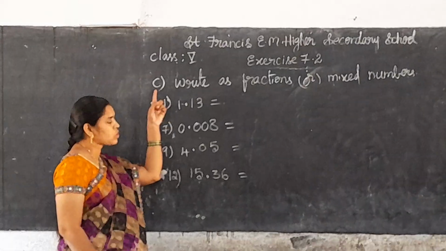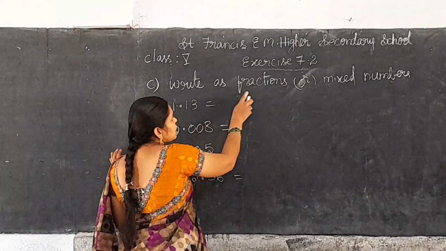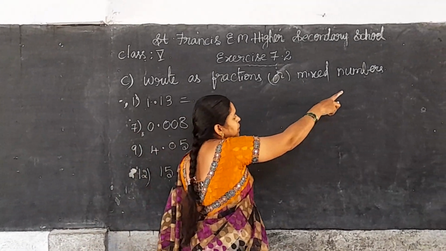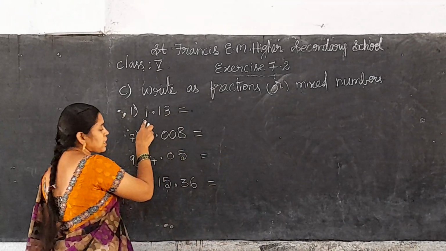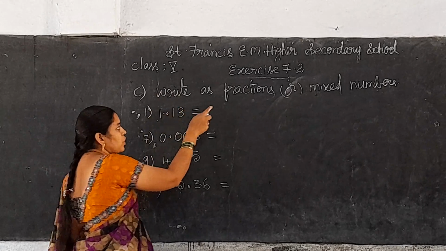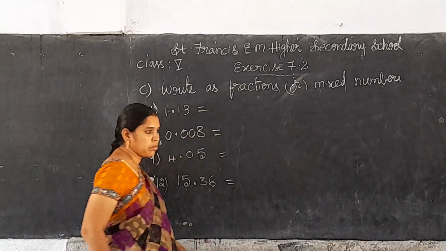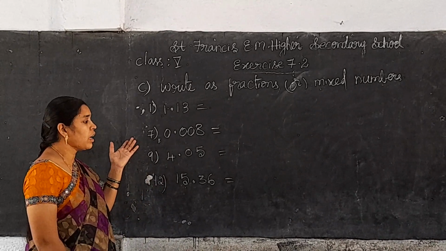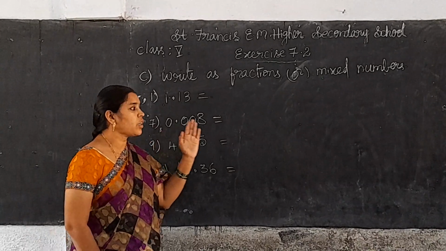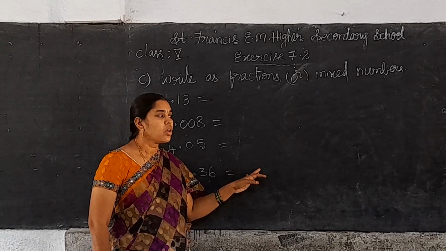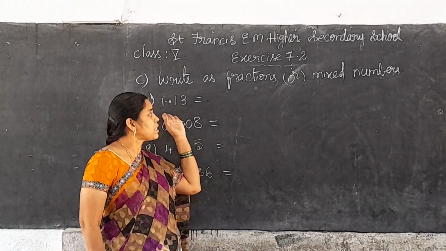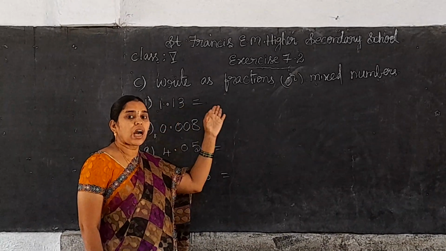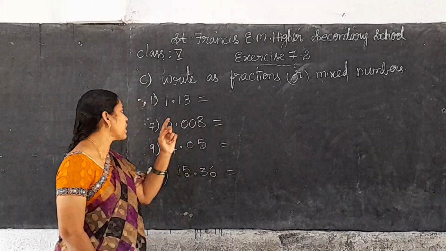See, now C Roman, write as fractions or mixed fractions. That means a decimal number is given that you should convert into fractions or mixed numbers. Okay, before, what I did, they gave the fraction and we converted into decimal numbers. Now a decimal number is given, you should convert into fractions. See here,